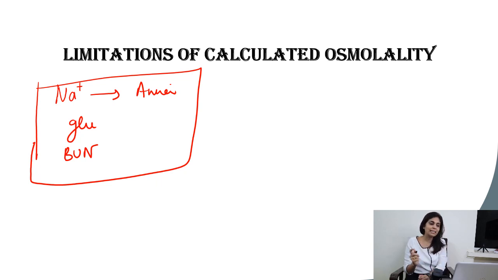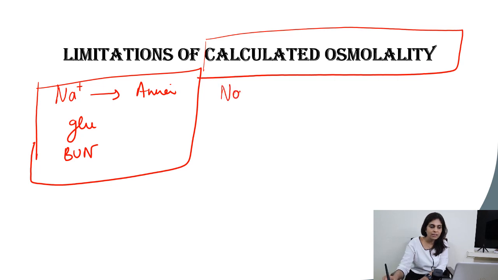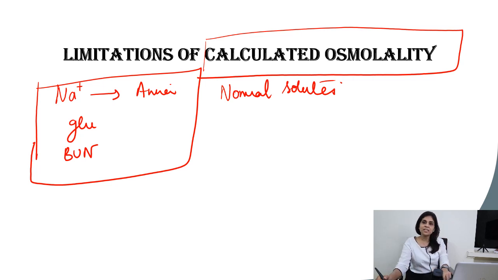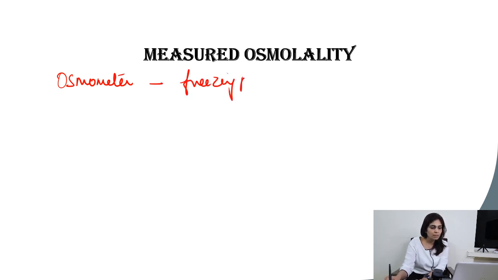So in short, the limitation of calculating osmolality is that calculated osmolality includes the effects of only normal solutes. It does not include the effect of abnormal solutes. So many a time it will be an underestimation of osmotic movements. And that is why we have started measuring osmolality directly. For measuring osmolality, we use an instrument called an osmometer. And this osmometer is based on freezing point depression,